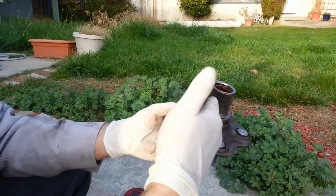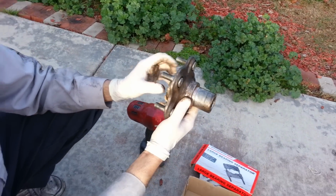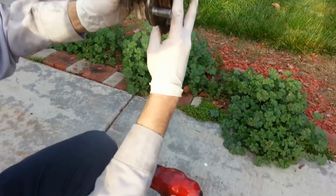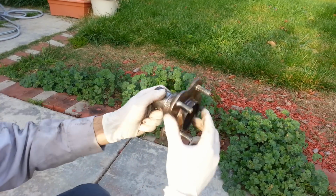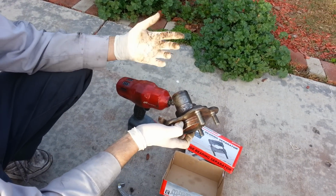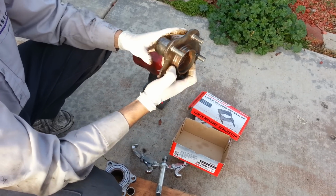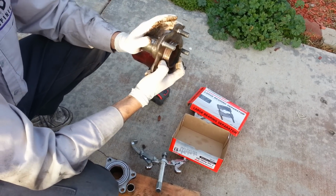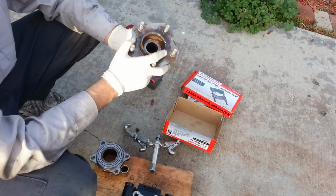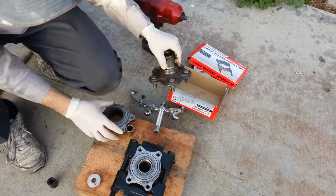Maybe the previous person who worked on this didn't know what they were doing, but when you do that and you mushroom it like that, it causes the hub to rotate, and kind of as it rotates, it wobbles like this a little bit, and that introduces runout into the rotor. And so people put new rotors on, they keep putting rotors on, and they keep warping, so they say, but really they're wearing unevenly because of this rotation. No matter how minor it might be, even a thousandth of an inch can be the difference between rotors that wear well and rotors that don't. So anyways,